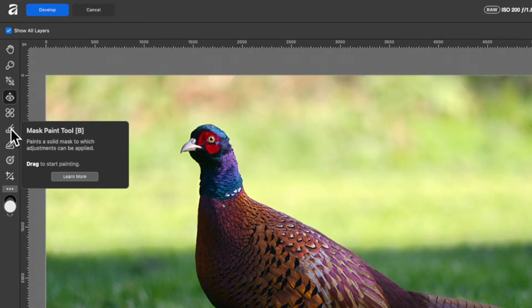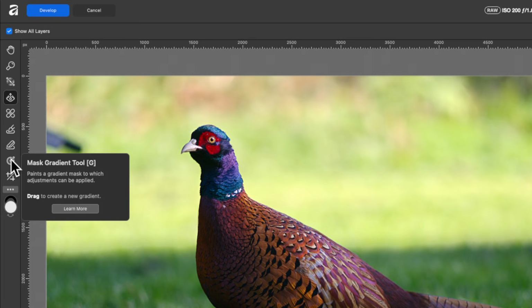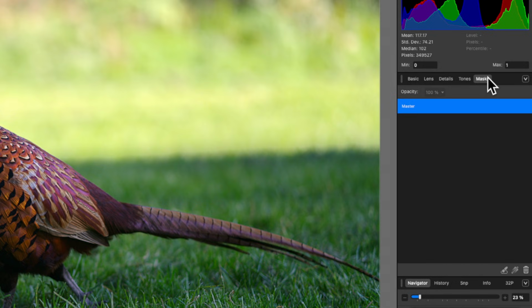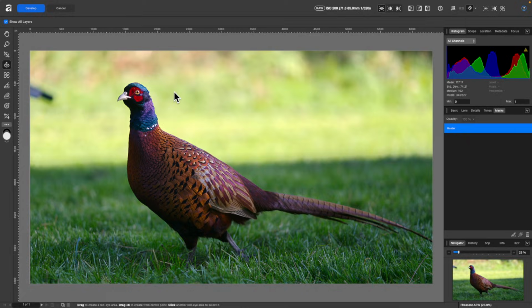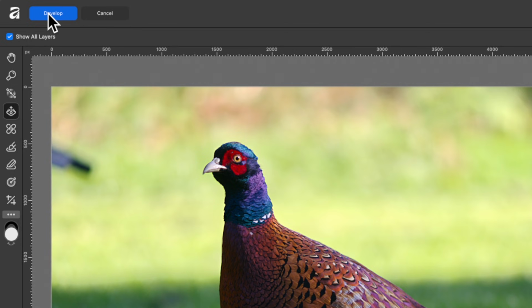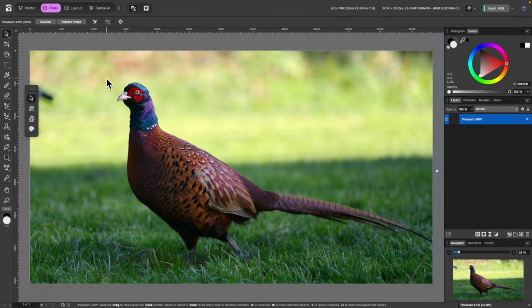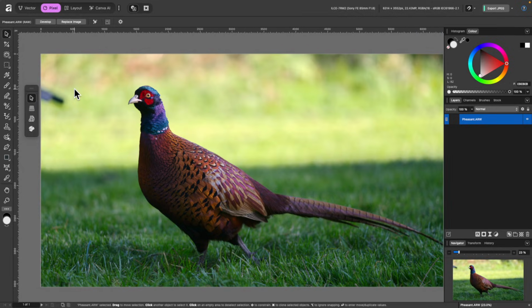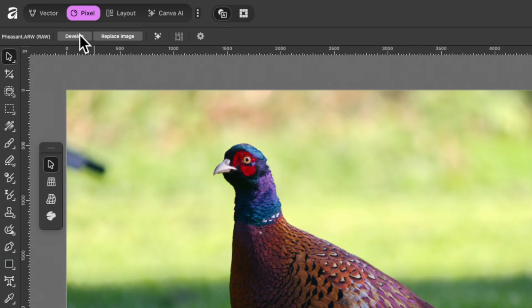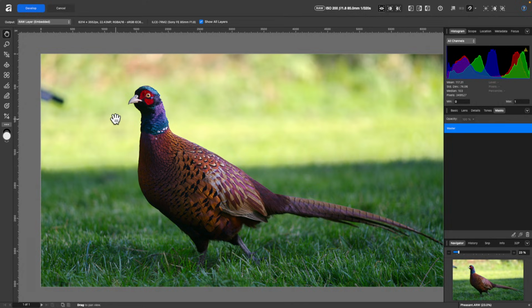And the mask paint tool and the mask erase tool are basically the same mask paint tool as I showed you over there. Same thing for the mask gradient. It's the same mask gradient that's in your masks just down here. Okay, and once you're all done, you can go ahead and click on Develop. And I'll just switch over to Pixel Studio and I can start editing. Perhaps I want to take out that piece there. I can go ahead and do that. But like I said, that was a completely non-destructive edit. So at any point I can go back to Develop and I can make any of the changes that I want.